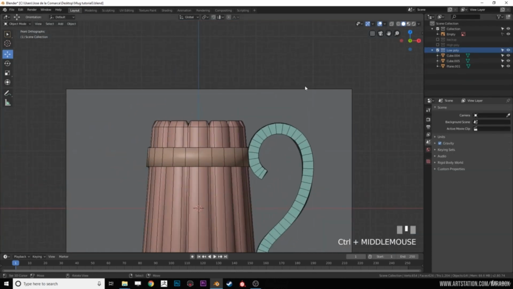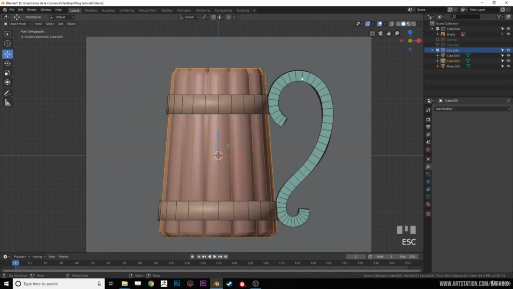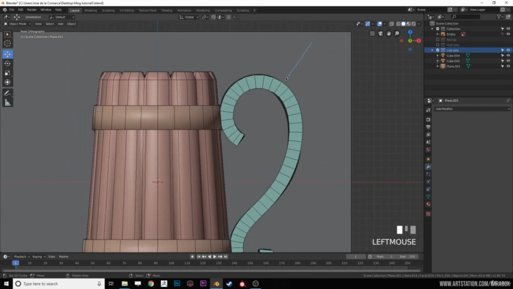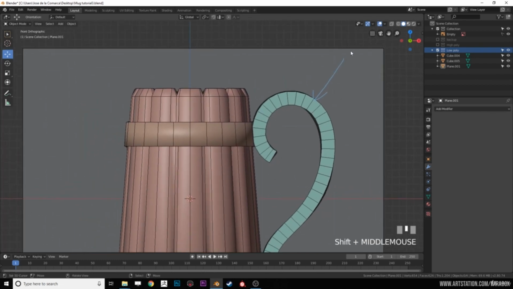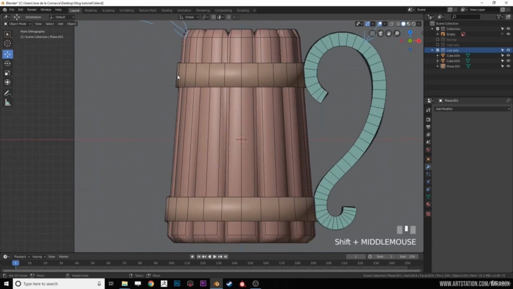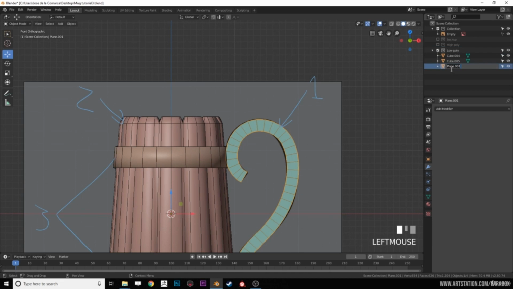I'm going to put this in random. And here we have three objects. We have this one, and this one, and each one of them is going to have a different name. Then I will select this one. I'm going to call this 1. I will call this 2. And these two, I will call them 3. So I will select this. I will name it